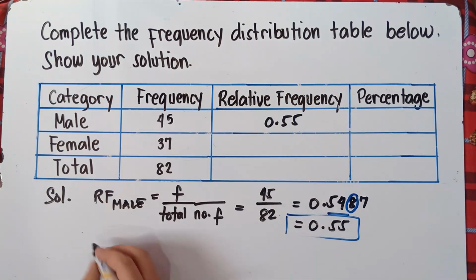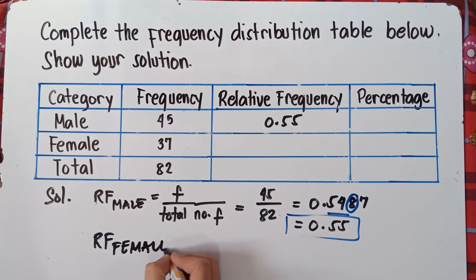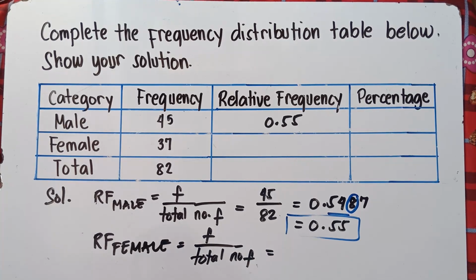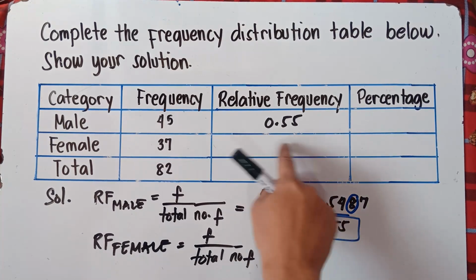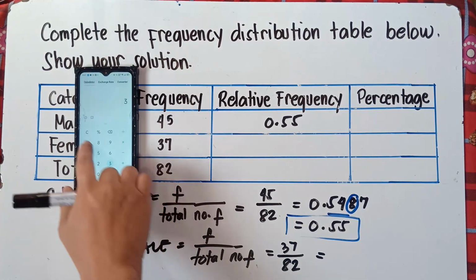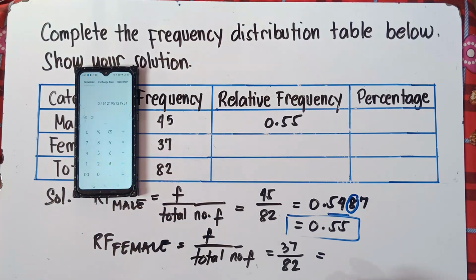Alright, so let's have this one. The relative frequency of female. Once again, the frequency divided by the total number of frequency. The frequency in this particular class would be 37, divided by the total, that's 82. Then simply use your cell phone: 37 divided by 82, and the answer is